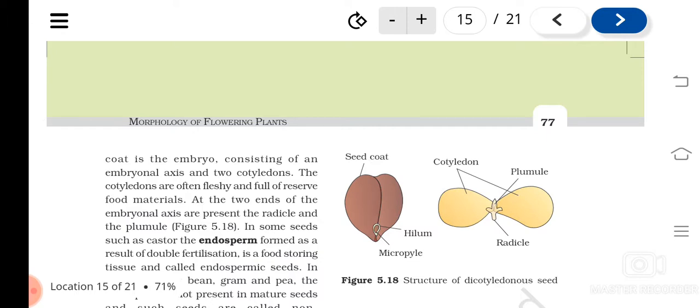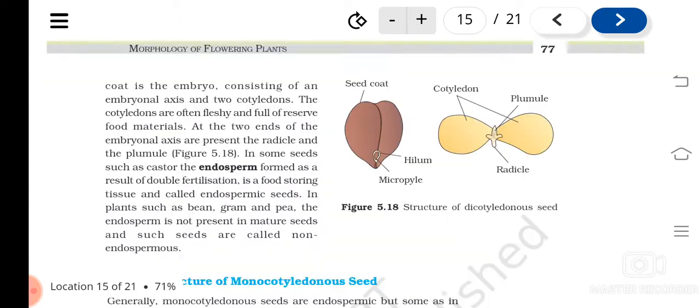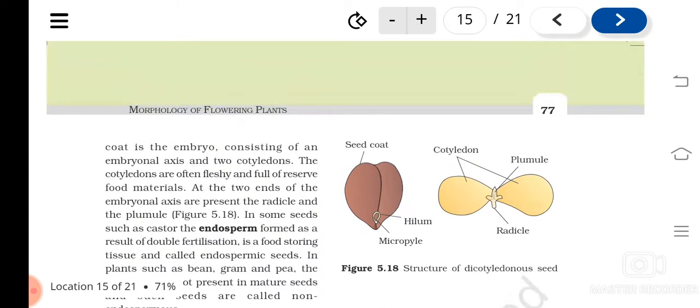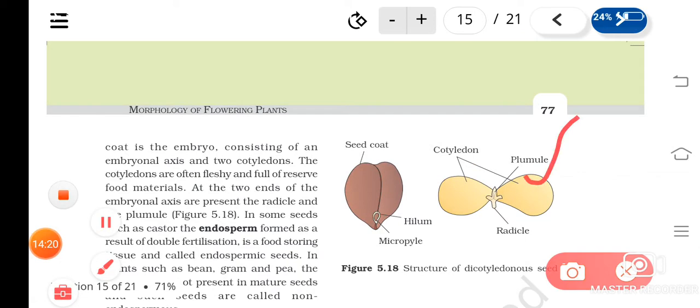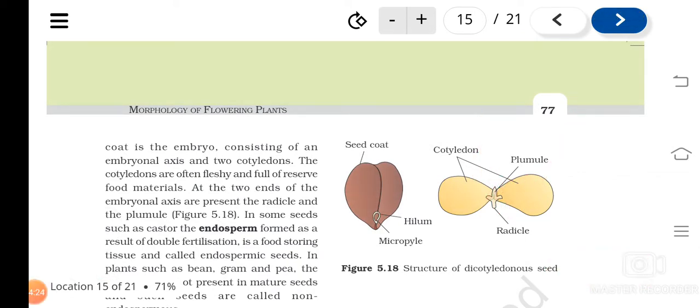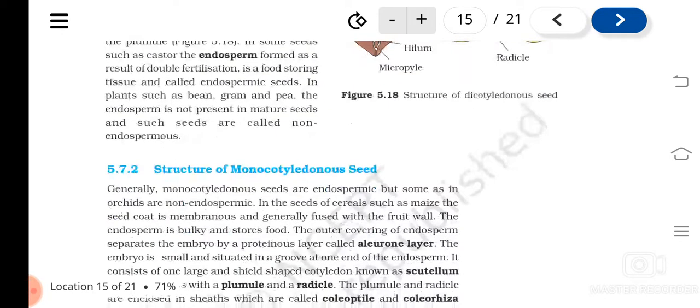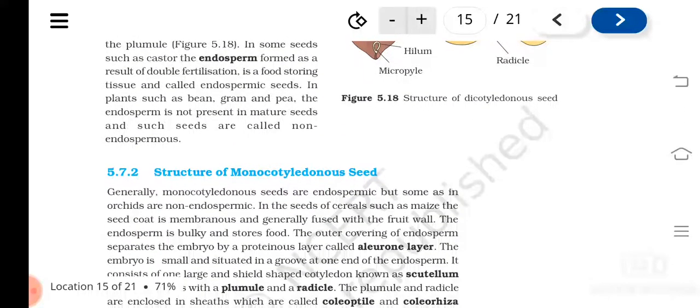Seed coat will be there and the embryo will be there, isn't it? Embryo consists of cotyledons and the embryonal axis. Embryonal axis is having plumule and radicle. Plumule will give rise to shoot, and radicle will give rise to